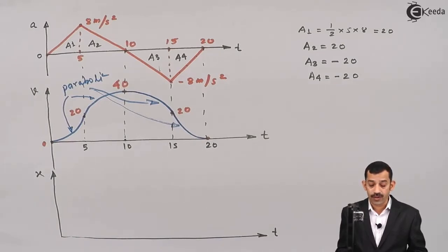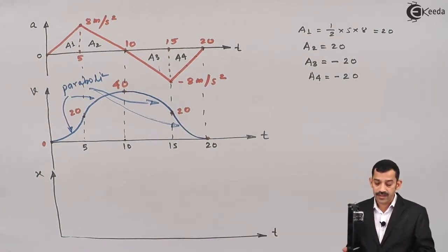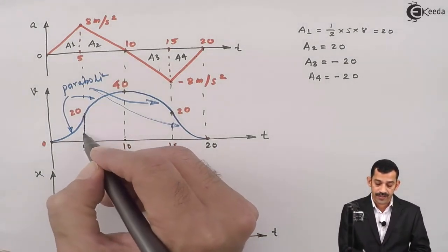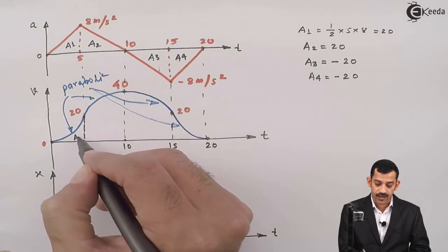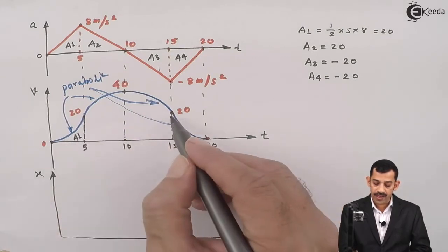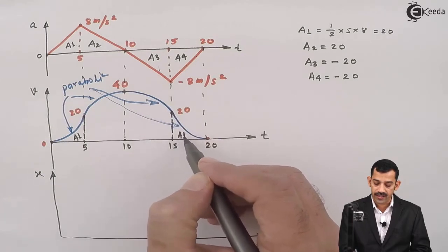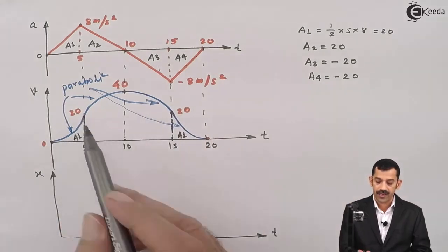That means you have to find out what? The area under the VT diagram that you have drawn here. To find this area, what will we do? We will divide these areas into some parts. Say 0.5 second, if I divide like this, say this area is A1. The same area we will get from 15 to 20 seconds. This area is again the same. Why is the area the same? Base is the same, height is also the same.